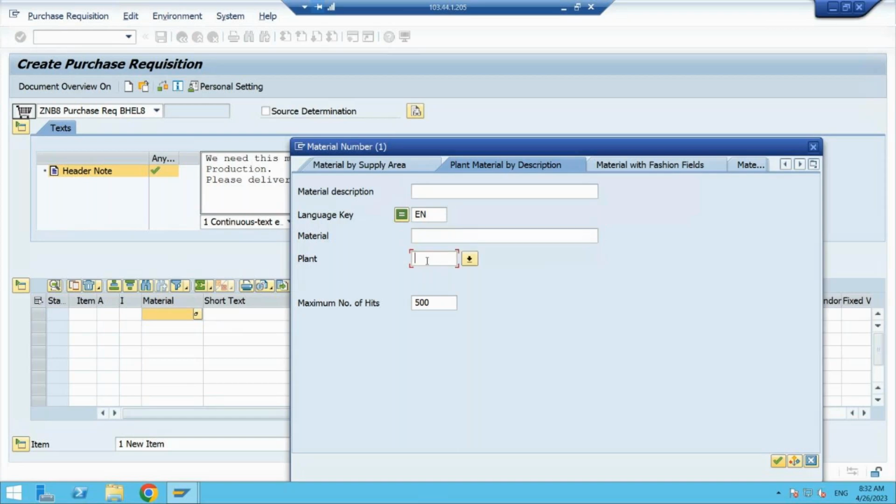Now, if you know the plant code, directly you can type. In case, suppose when you will be trying to create a PR, and you might be trying to select this plant field, and if it is not available, then click on this option. So once you click on this option, here you will be able to see the list of all the